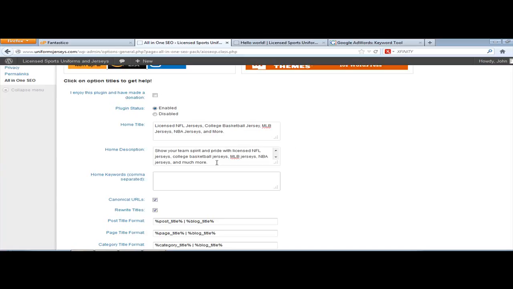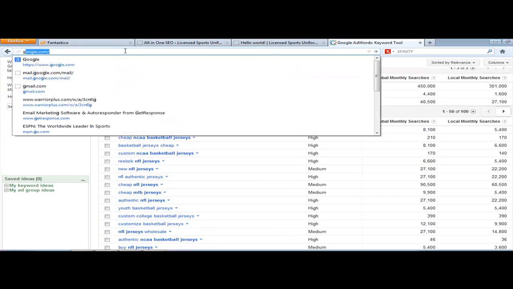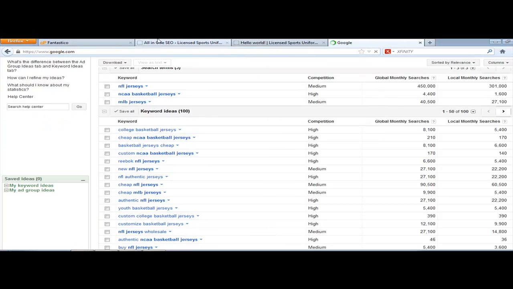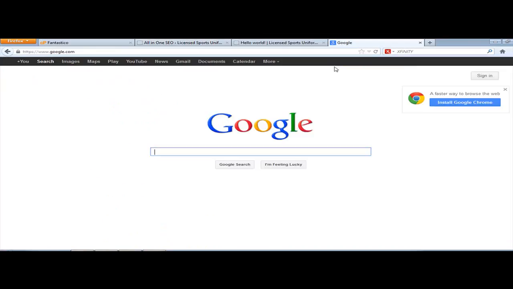Okay, so you notice how I incorporated my keywords again, but in a sentence format, because what's going to happen here, the reason home description is good and the reason you want to use a plugin like All-in-One SEO is